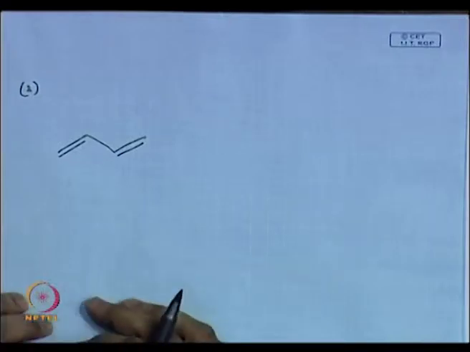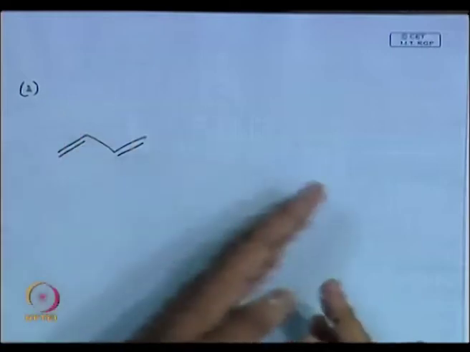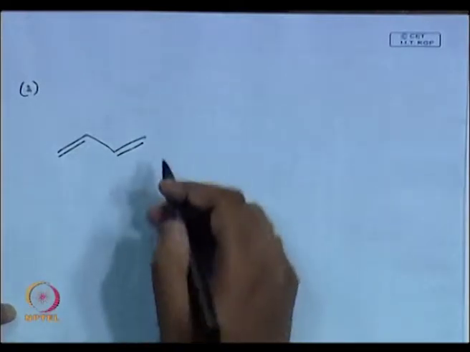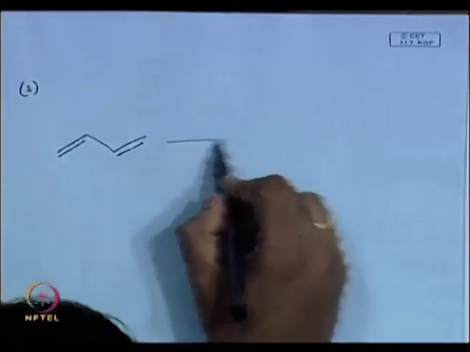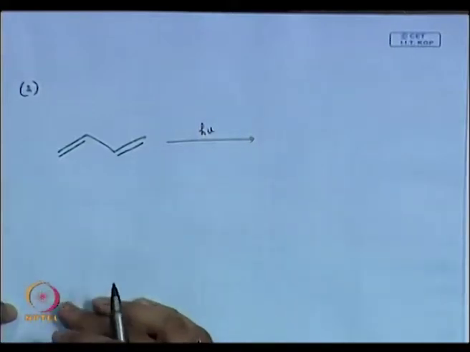I will take a type of butadiene. Since we are going to study pi star chemistry in the next class, it's better that you get involved in this. When I photolyze this, you know, most of the time with alkenes, the energy gap between your singlet and triplet is huge. So most of the time you see chemistry happening from the singlet when you go for your alkenes, pi star chemistry. Okay. When I photolyze this,